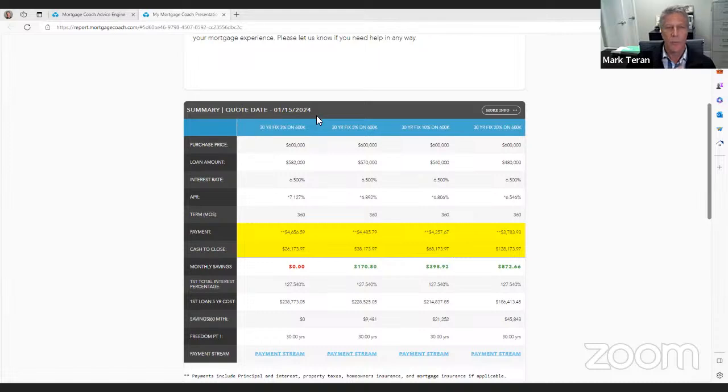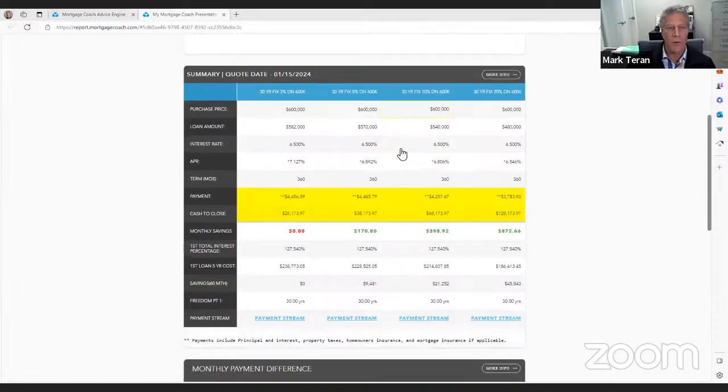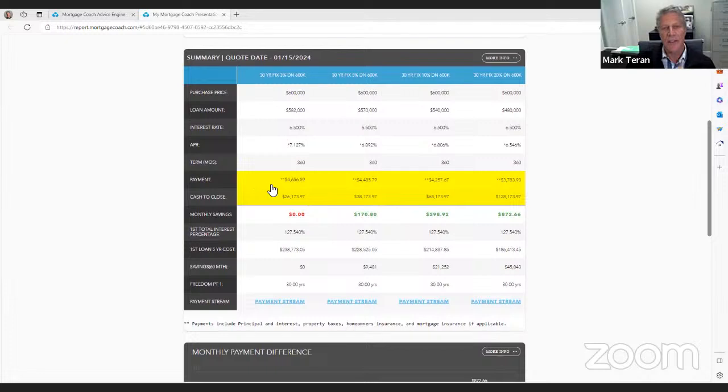So over here is the summary quote for this particular customer. We're going to discuss, hey, here's what it looks like with 3% down. Here's what it looks like with 5% down, 10% down, and 20% down, right? We've got a purchase price. Lots of options here can vary. It's going to be customized based on the conversation that was had with the customer or borrower. In this case, I've highlighted the monthly payments that include everything in there.